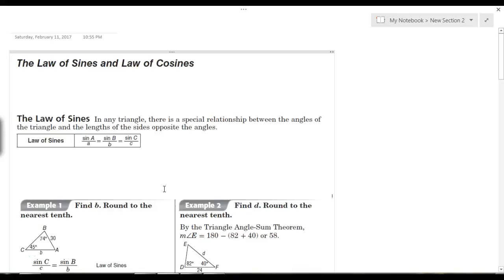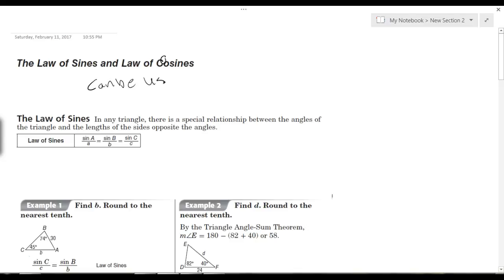This lecture is looking at the law of sines and the law of cosines. We're going to go ahead and make a note about both of those. There we go. So both the law of sines and the law of cosines